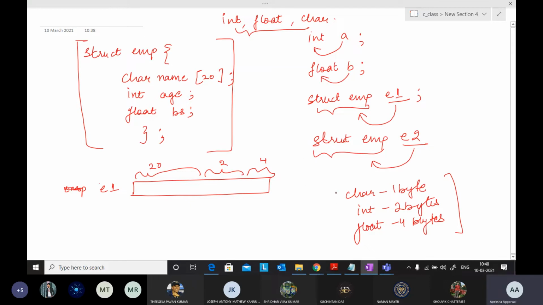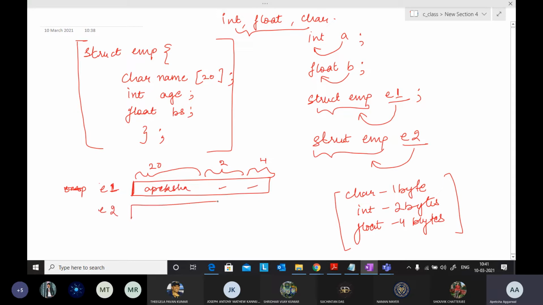I'm just taking an example. So this e1 will store 20 plus 2 plus 4: 1 byte each for this array, 2 bytes for the integer, 4 bytes for the float. So 26 bytes it will store in the memory. Whenever I give values to e1.name, it will store the name, age, and float value.